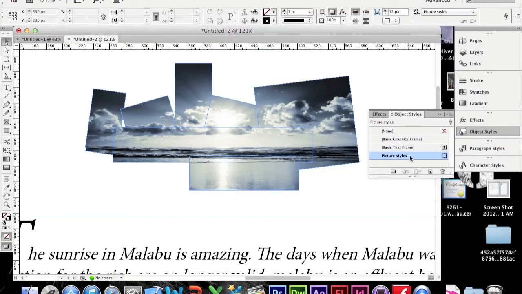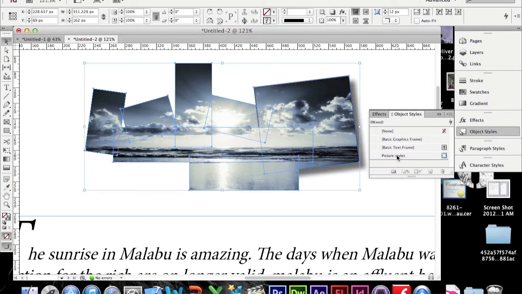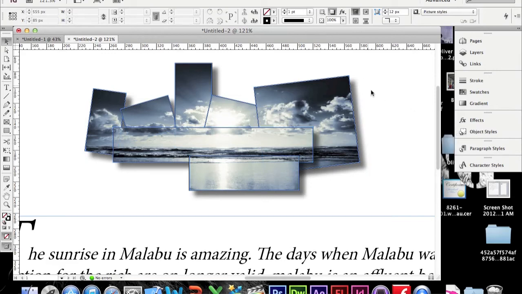Now that I've created my style, it's time to actually apply it to an image. So I click on the image and the object style is set to none. Well, now I change it to the style I just created and the drop shadow gets put in place. I'm going to do it for all of my images, so I'm just going to highlight all of them and click on the style I created, and there we go. We've got our drop shadows